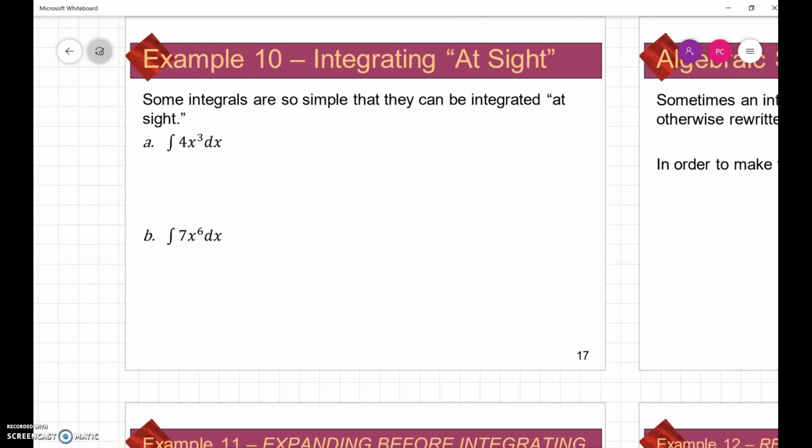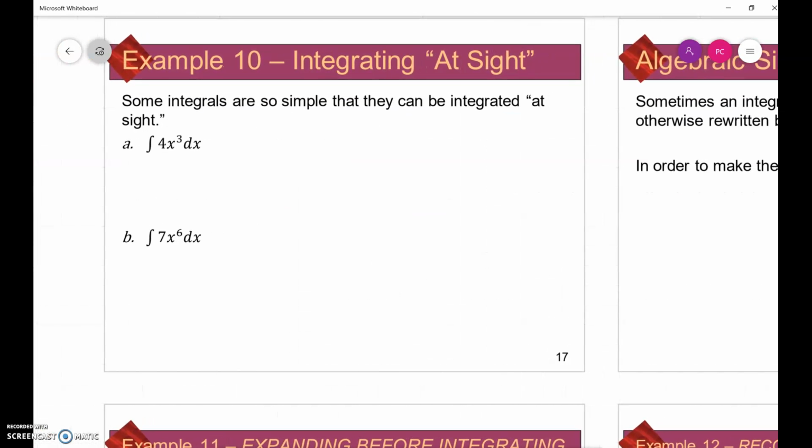All right, so there's some integrals that you want to be able to integrate, quote unquote, at sight. And it's just ones that hopefully as you're going through these and as you're practicing these, you're going to see them more as a pattern and see that pattern quicker. So the integral of 4x cubed dx